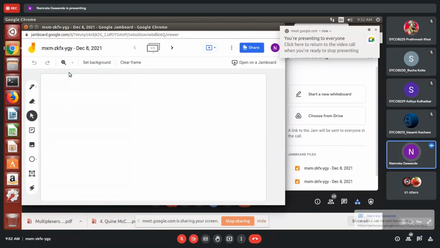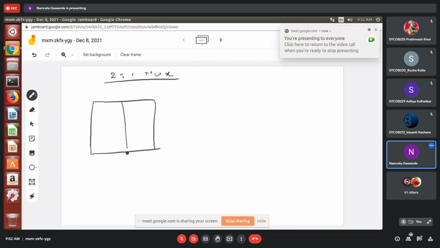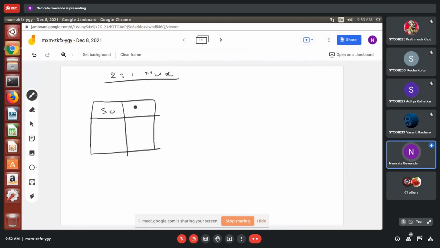Okay, now see for the 2:1 MUX. We have seen this truth table, right? That indicates the select lines and Y, and E, I am just writing over here for understanding. So S0 can be 0, 1, and output is dependent on the select line. If S0 is 0, output Y will be D0, and if S0 is 1, output Y will be the data input D1.